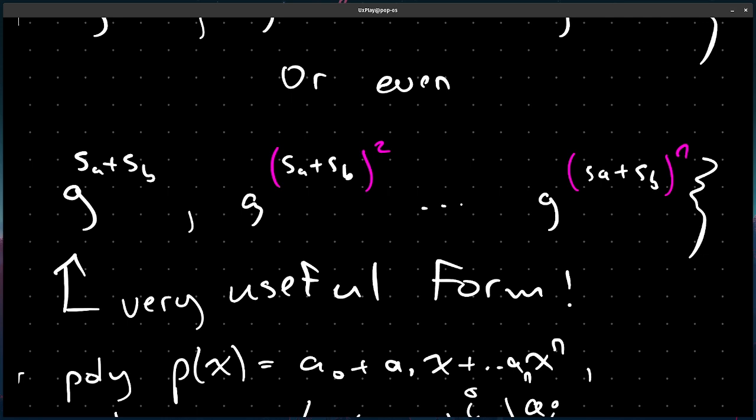So everyone contributes their little bit of randomness in their secret. And that's particularly useful